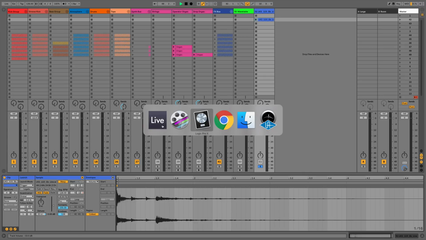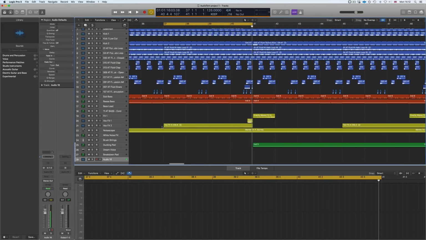But if we go into Logic Pro, the problem we have with Logic Pro is that you've got to actually manually activate the Flex Time. So this project at the moment, it sounds fine as it is, but if I change this project tempo, then it's going to wreak absolute disaster.